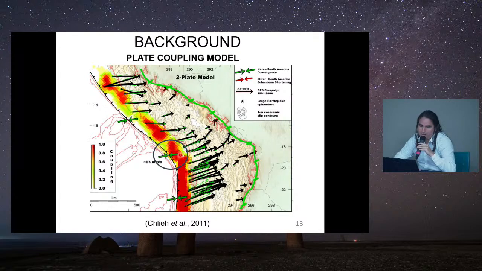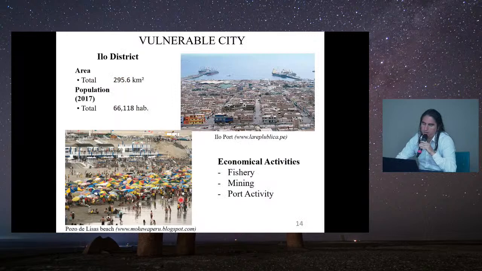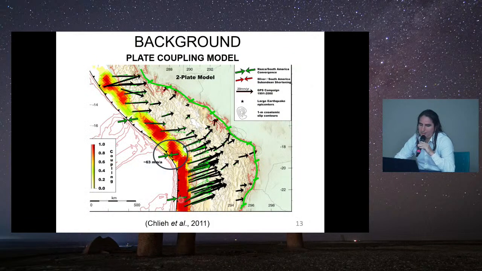So this is the area where the coupling is almost around 1. Also, here the Iquique earthquake that happened around here is not considered yet. So this area should be clean by now, but in this case it is 2011, so all this area was with all asperities. Some vulnerable cities around the area were affected and will be affected again if this earthquake happens, because right now we still have the coupling at one,